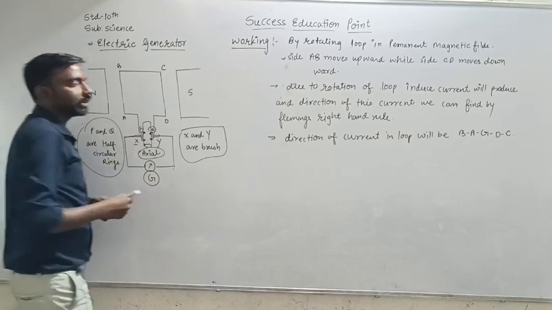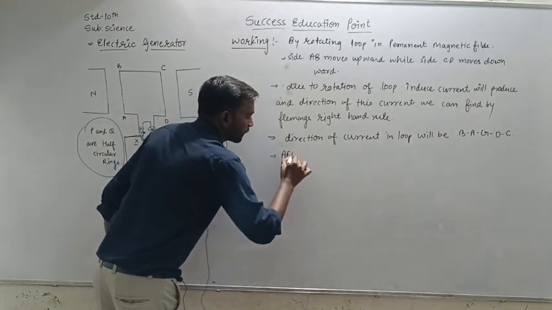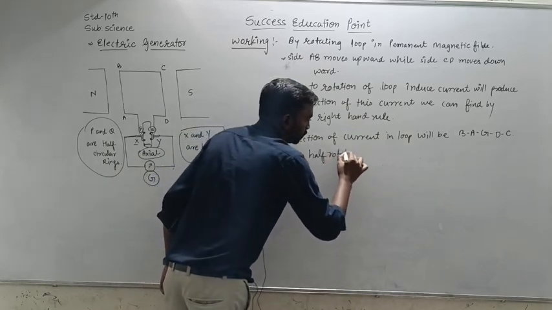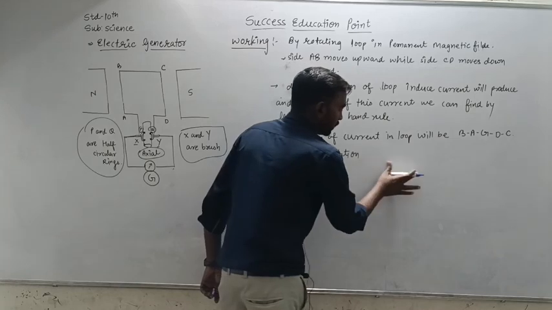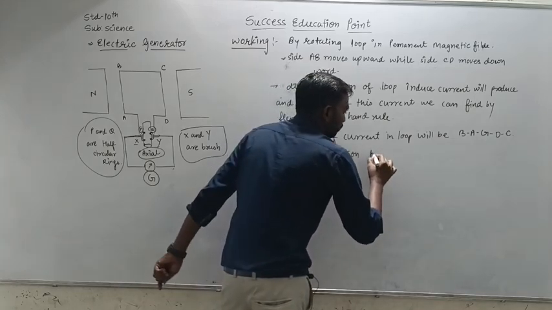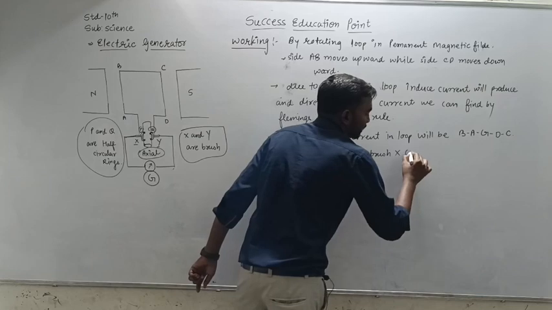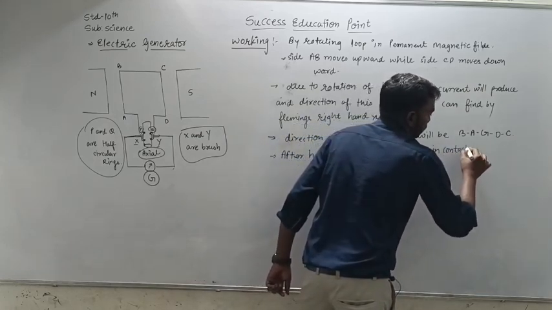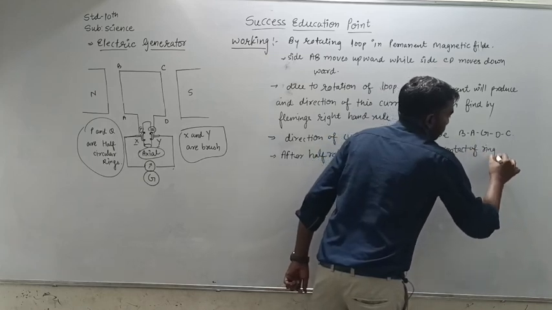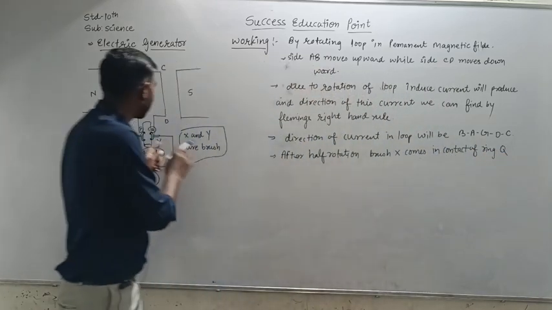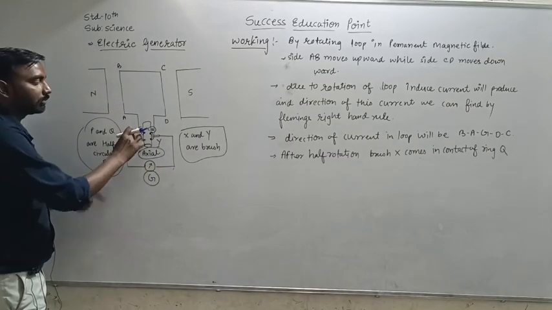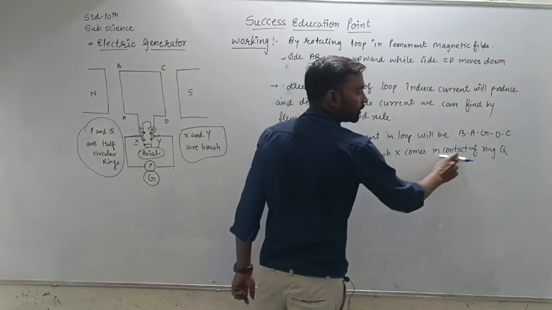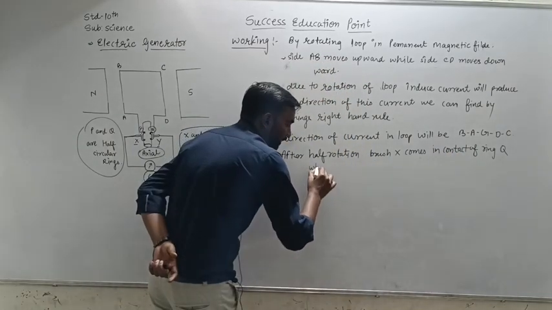So after half rotation, what is happening here: brush X comes in contact with ring Q, means after the half rotation Q will be here and P will be here. So in the same manner, after the half rotation brush X comes in contact with ring Q, while